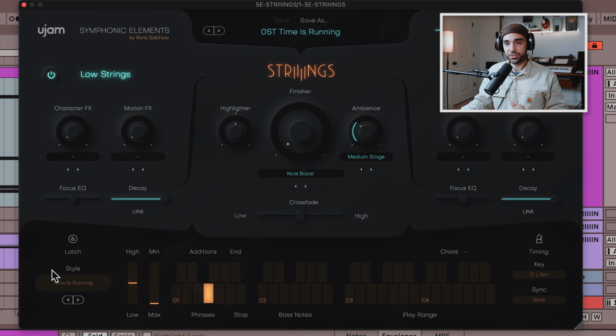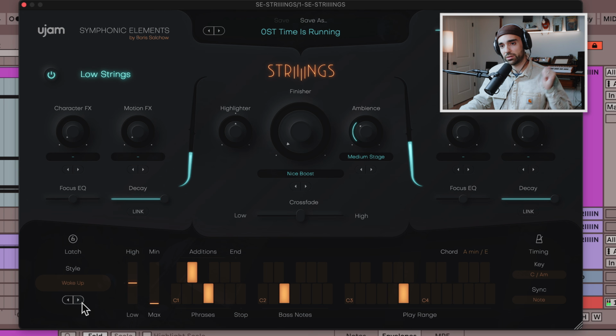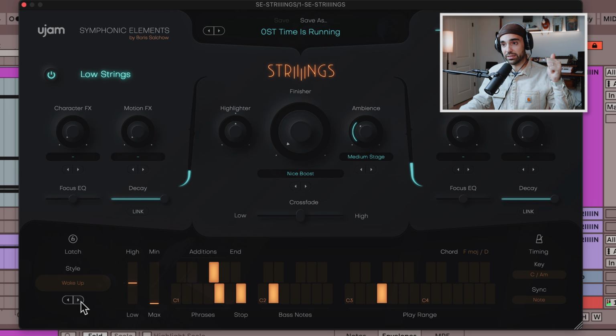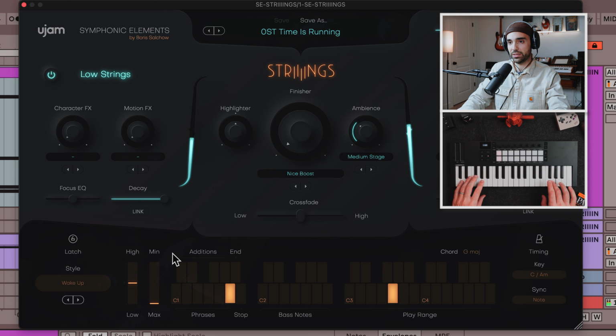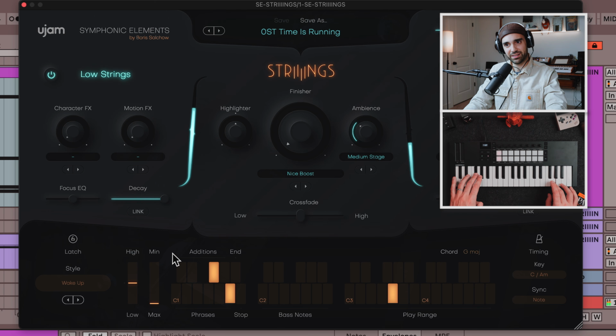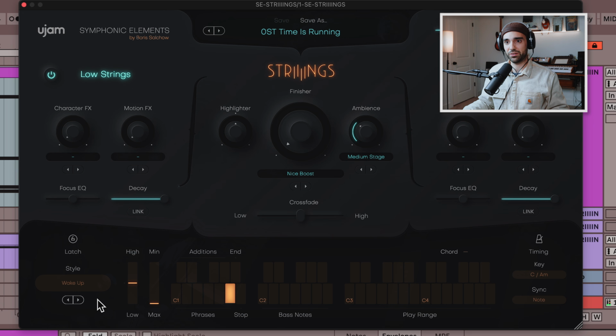Let me first direct your attention to style here, because this is actually where the unique phrases are contained. If I change the style, we get completely different musical ideas. So you can actually hear, if you hear that kind of like wooden sound, that is actually some of the additions here. That's unique to this particular style. If I keep changing the style,